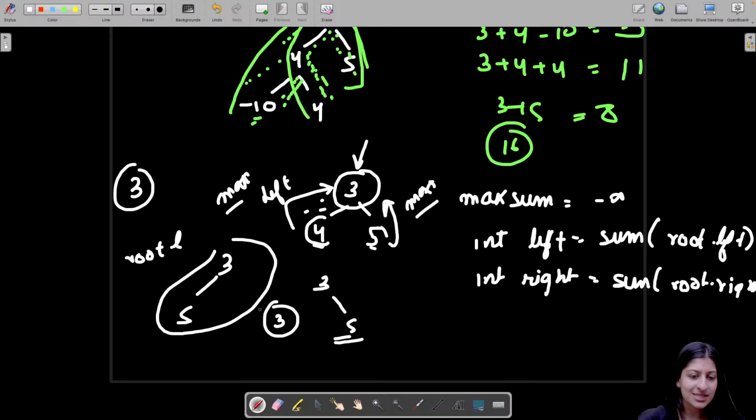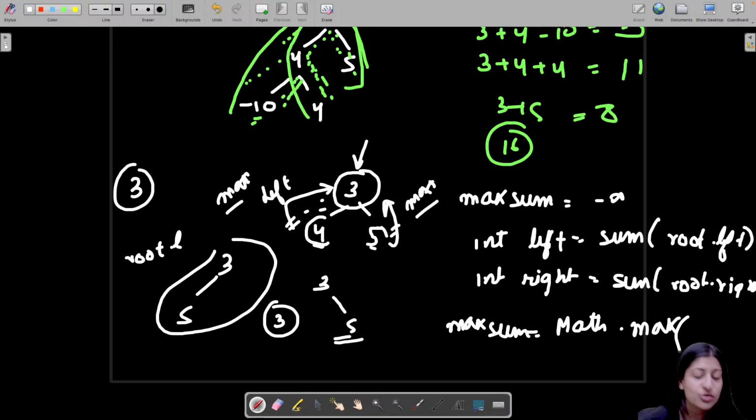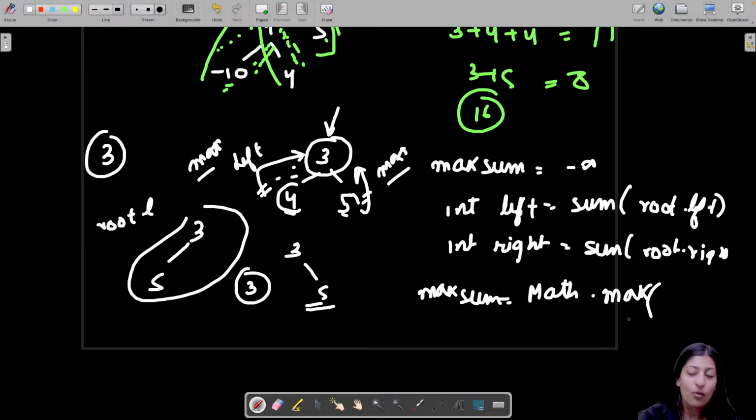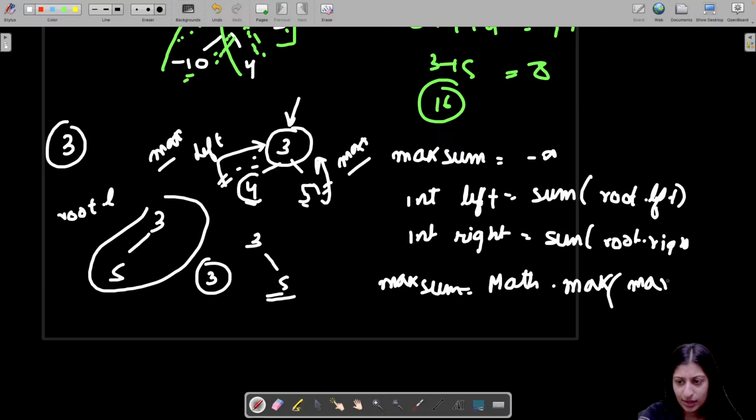But considering these are your base conditions, what are you going to do when you have both a left child and a right child? You know one thing for sure, that you are recursively calculating whatever sum you are going to get on your left and whatever sum you are going to get on your right. Now I have already taken some max sum. I will store my final value in my max sum, which will actually be math.max of. What is this going to compare? Now try to understand this. It is going to compare whatever max sum you already had, and